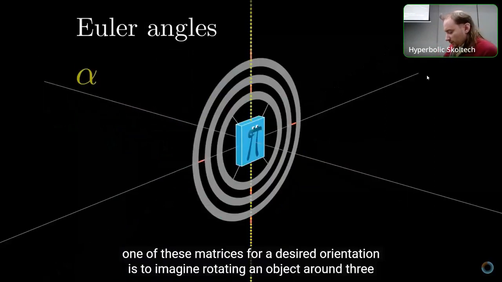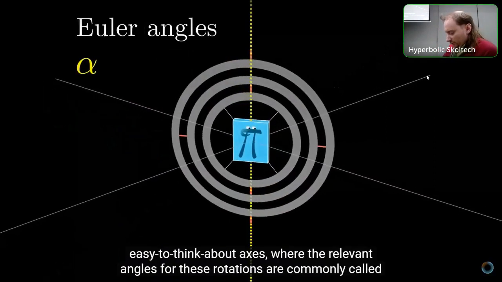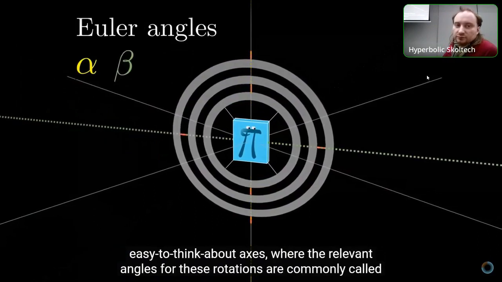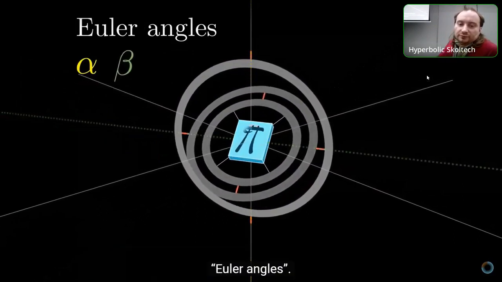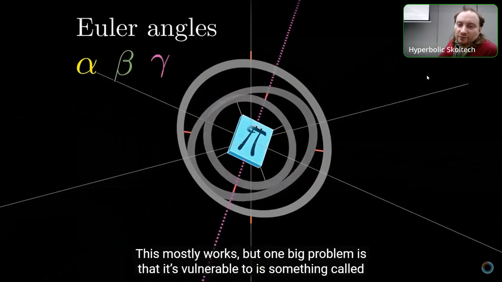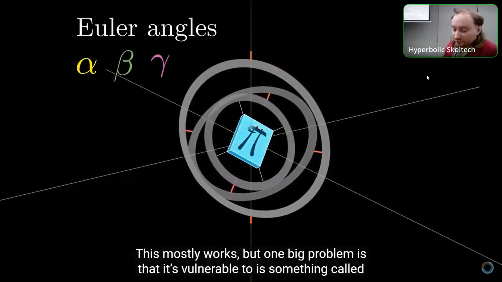And this mostly works, but one big problem is that it's vulnerable to something called gimbal lock, where two of your axes of rotation get lined up and you lose a degree of freedom. And it can also cause different